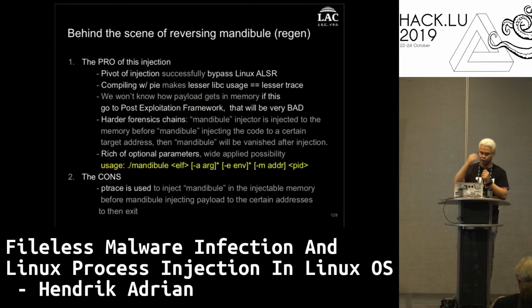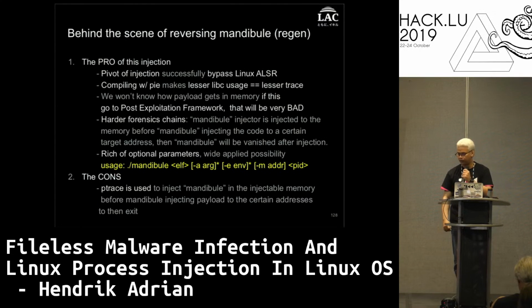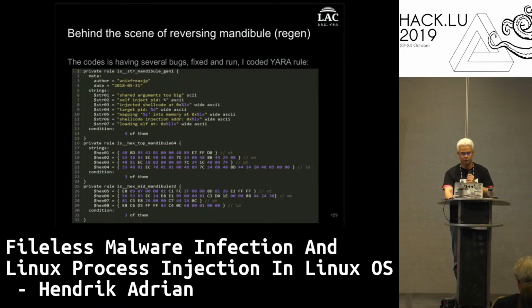Forensics is harder because so many changes have to be taken over here, and below, in yellow color, is a command line that can actually be used with mandible. The cons: in this POC they are using ptrace, but what if memfd is used, and what if another method is used to make this injection happen? Then it will be very, very bad news for us. But don't worry,